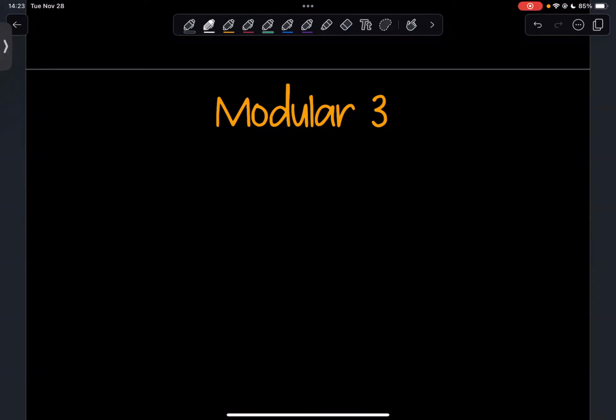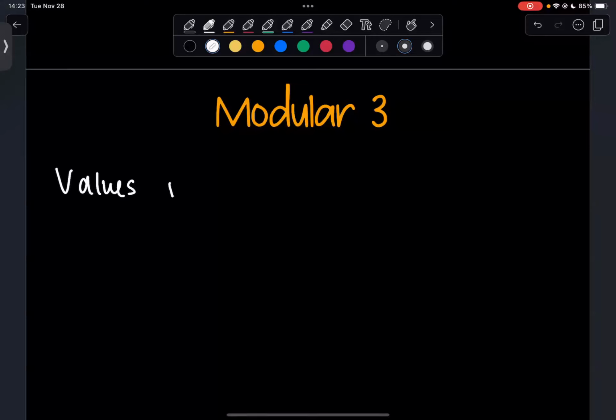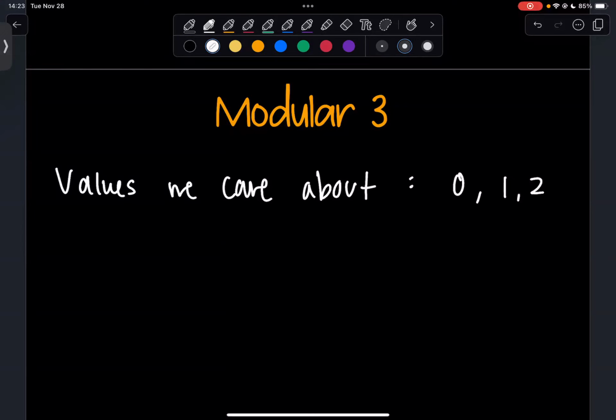So here, and again, the reason why 3 is the special number we want to work with is because we need 3 cards in our set, and we have 3 possible attributes within each characteristic. So the values that we're going to care about, mod 3, are going to be 0, 1, and 2.